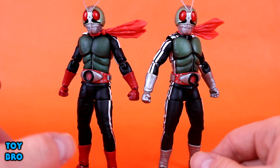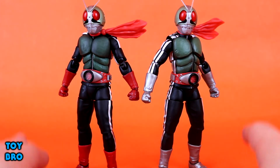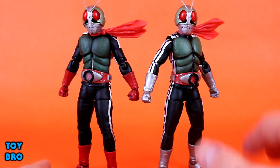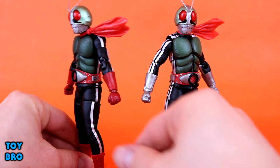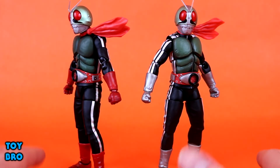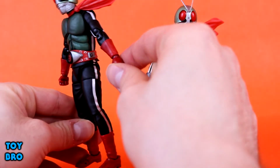And one thing that I like quite a bit with this new figure, outside of the fact that I think he looks great, this is a fantastic interpretation of Kamen Rider 1 and 2 in plastic. But what they did, and this is something that you kind of see a lot in older Toku or Sentai shows, is that their gloves and boots get really, really dirty. And they don't do a good job of hiding it. You see some nasty, grimy gloves. And for the red, on all of the hands and on the boots, you can see that the paint job